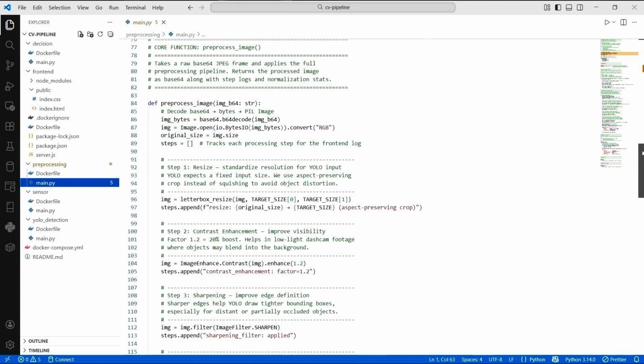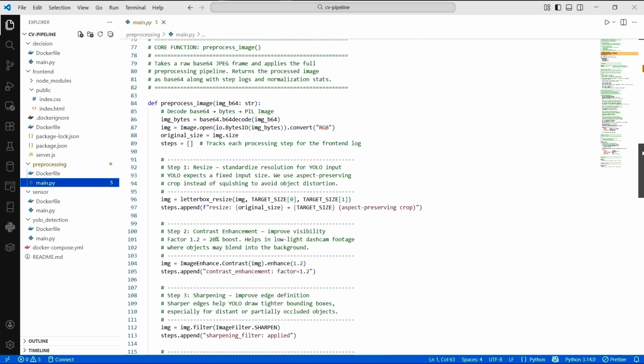The main processing function takes a base64 string, decodes it into a PIL image, and runs 4 steps. Step 1. Resize. We call the resize function and log it in the step list. Step 2. Contrast enhancement.